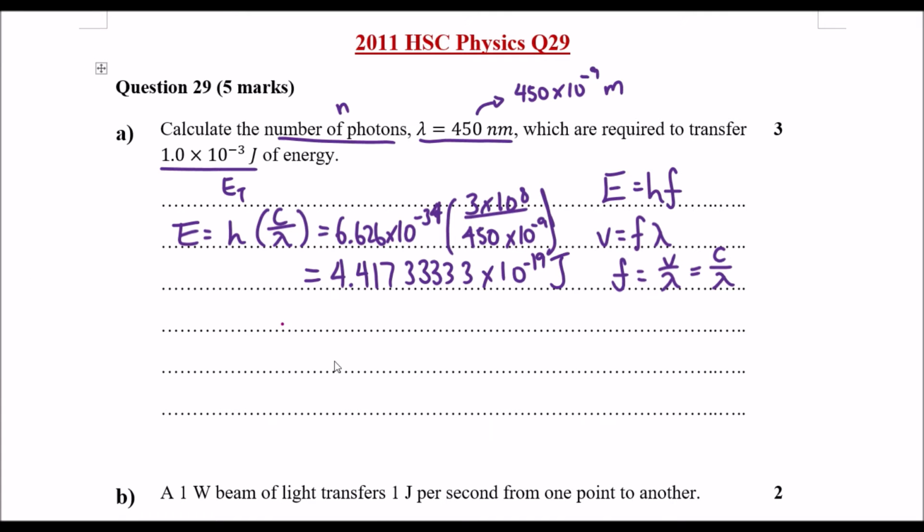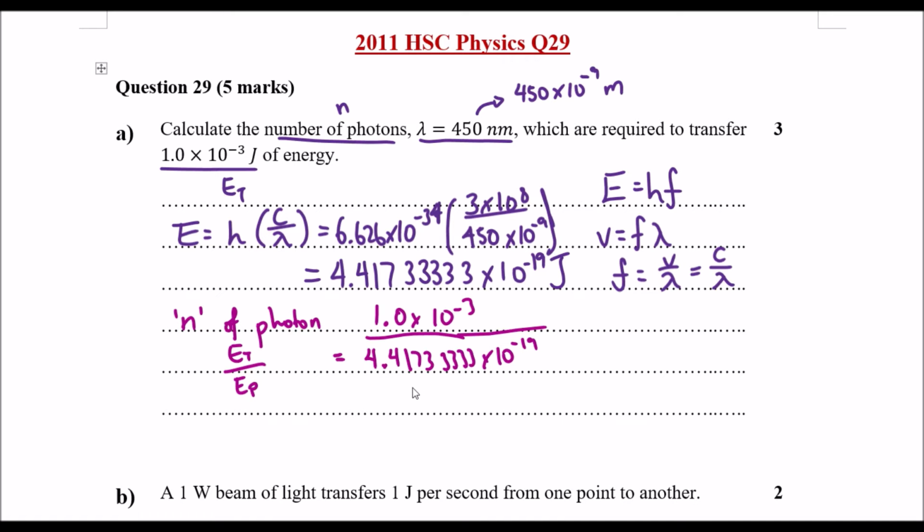If I then change the color, because I want to find the number, so the number n of photons would therefore equal 1 times 10 to the -3. So that's my total energy. So I'm doing total energy divided by the energy of one photon, 4.41733333. I'm going to use the entire value I got just then. And so what I find is, if I then put it into my calculator again,